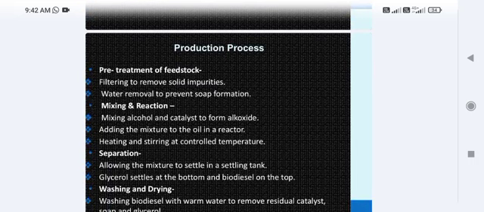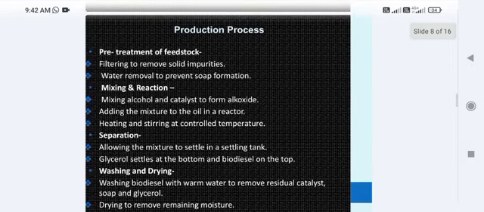First we do treatment of the feedstock, that is, filtering to remove solid impurities and also remove the moisture content present in the feedstock. If more moisture is present in the feedstock, then we are not able to prevent soap formation, which is not our motive in this process. Another step is mixing and reaction. We mix alcohol and catalyst and form alkoxide, which reacts to give methyl ester, known as biodiesel,